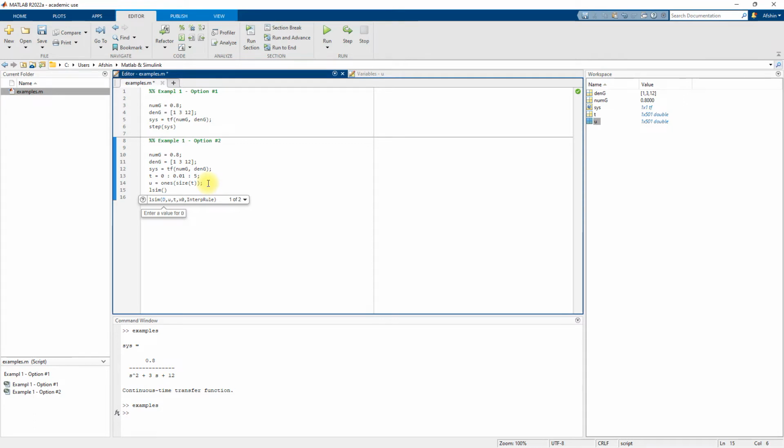So the first thing I can get, note that here, as I open the bracket, I have one input option, but if I click here, I have another input option. In this case, I want to input the transfer function that I just created. And in addition, I have to use my input and time as the other inputs for this system. And if I run this section, we can see